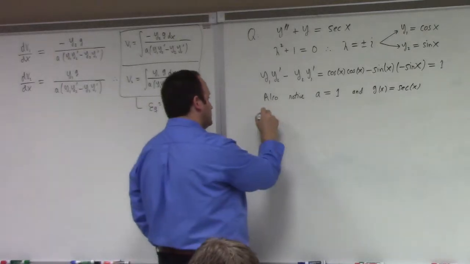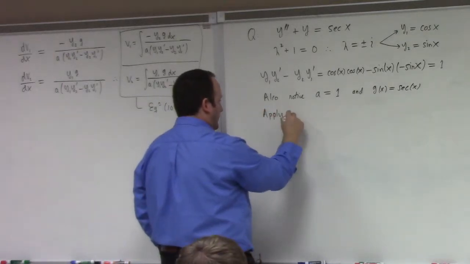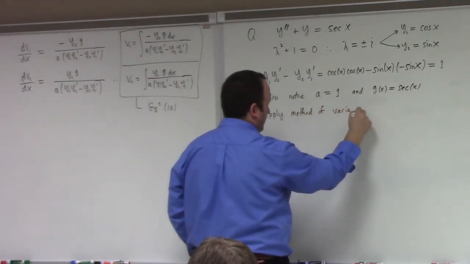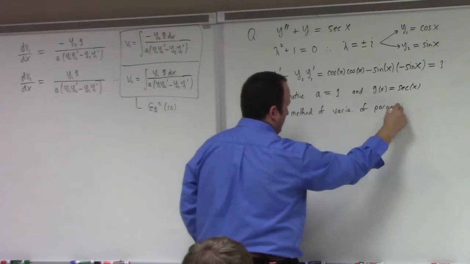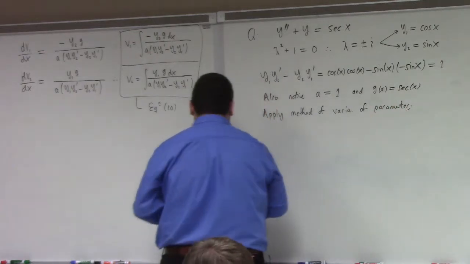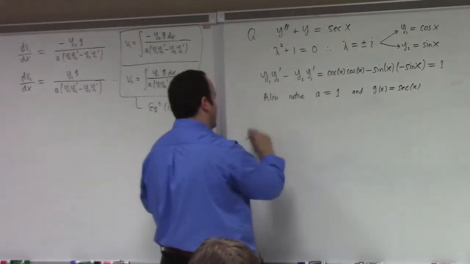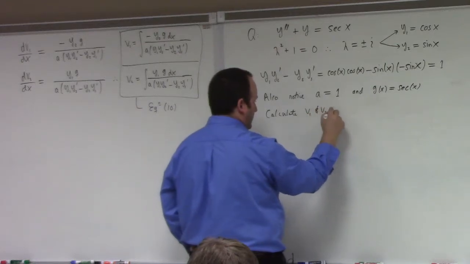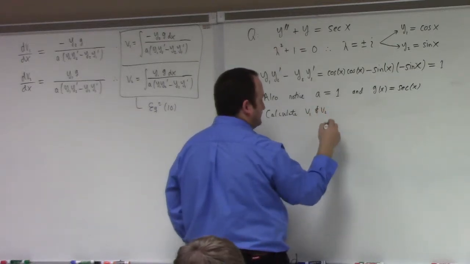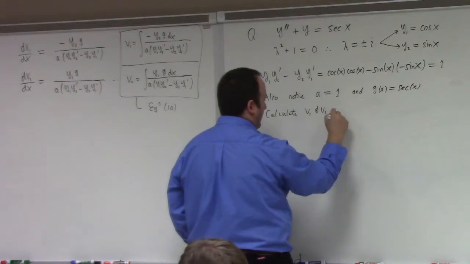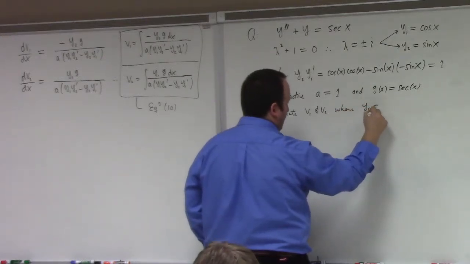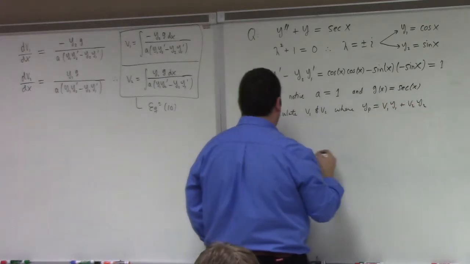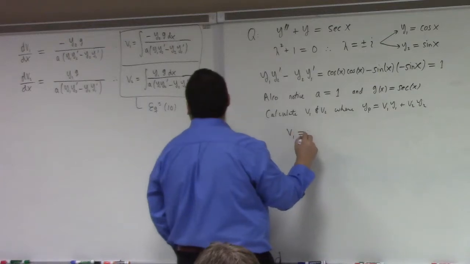So apply the method of variation of parameters. That's our goal. Let me restate this. Let's calculate V1 and V2, where yp is going to be equal to V1y1 plus V2y2, right? Okay, so V1 is the integral